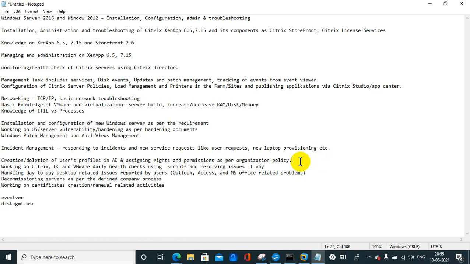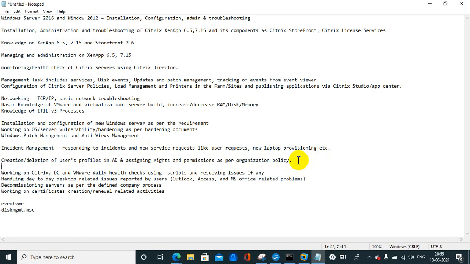Okay, then creation and deletion of user profile is something related to Active Directory. Suppose any user is facing an issue with the application.